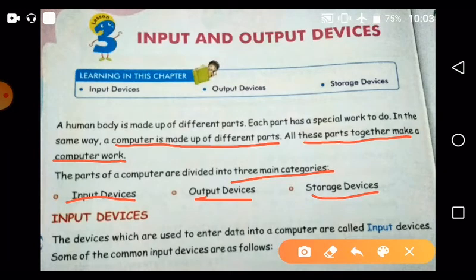Okay, now move towards the first device, that is input devices. The devices which are used to enter data into a computer are called input devices. Okay, so the devices which help you to enter data and instructions into the computer, like keyboard which helps you to type text and numbers on the screen, mouse which helps you to click and